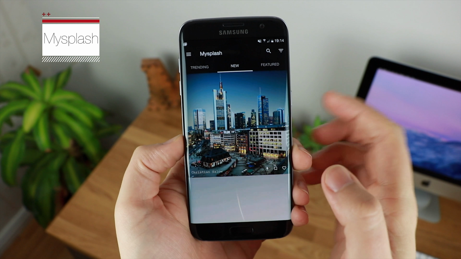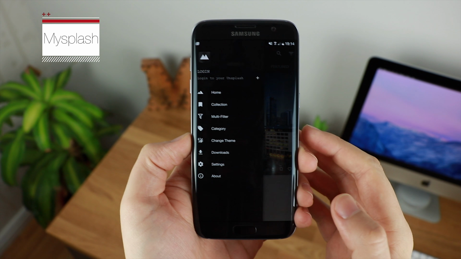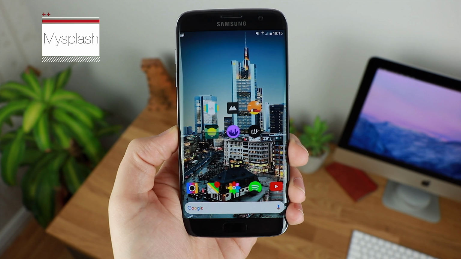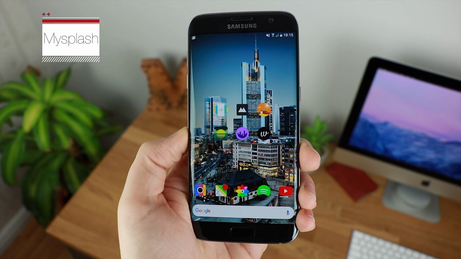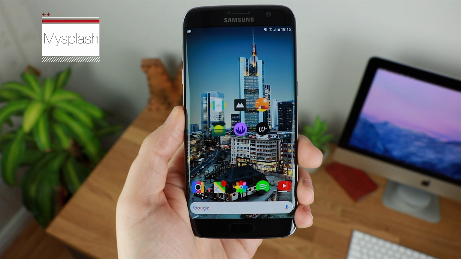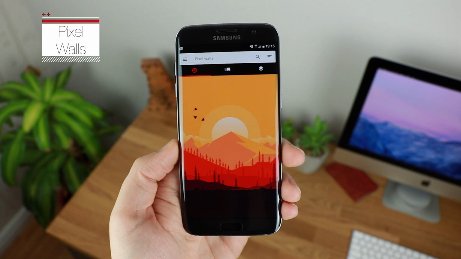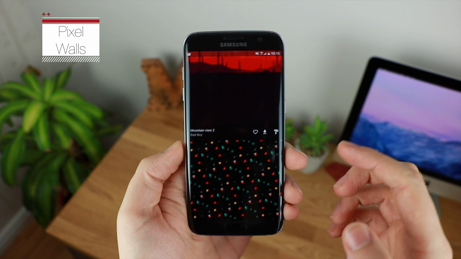You've also got a ton of different categories to choose from as well, so if you're looking for that specific wallpaper, chances are Mysplash has got you covered. But for me, if you're looking for some really high quality wallpapers with a ton of variety, Mysplash is the way to go. Next up is Pixel Walls, and unfortunately this isn't Google Pixel wallpapers, it's just a ton of